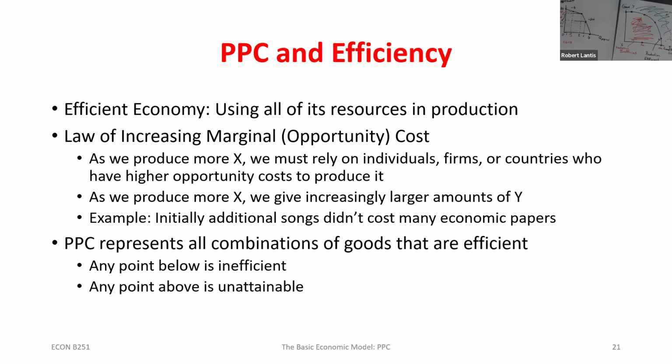Now, how do I find the cost of my Y-axis good? It was the inverse, or 1 over the slope, or 1 over the cost of my X-axis good. So as I produce more of X, the marginal cost of X is going up. What's happening to the marginal cost of the last unit of Y I produced? It must be going down, right? Because if the cost of the X-axis good is getting higher, I have a larger denominator, and the cost of my Y-axis good has to be going down. So producing more of one of these goods will change the cost of that good, but inherently it's also going to be changing